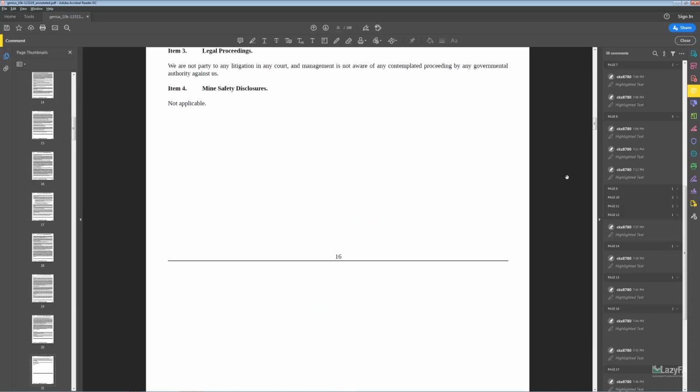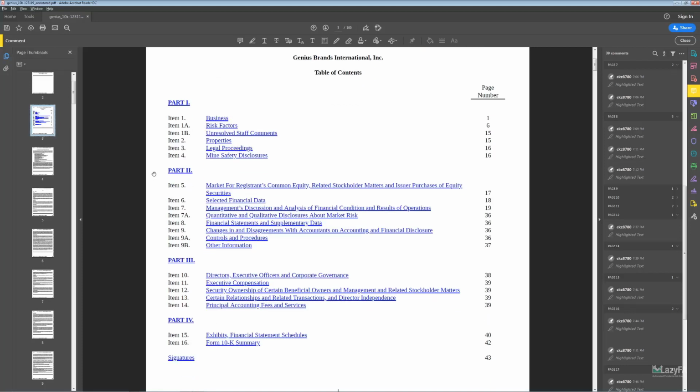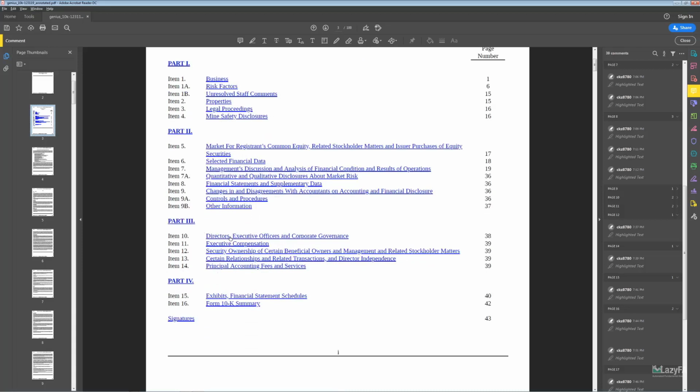Mine safety disclosures are only for mining companies, so that obviously is not applicable here. But the business and risk factors I always read. The legal proceedings I always check. The MD&A, always read the MD&A. And then I like to know a little bit about the directors and the corporate governance. So their executives, how much money they make, what their compensation is, and so on. And then